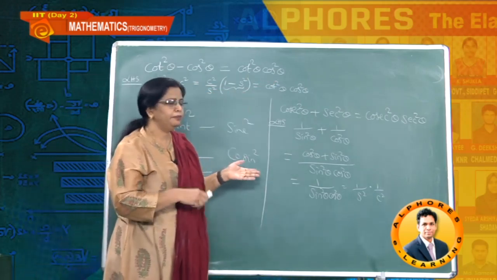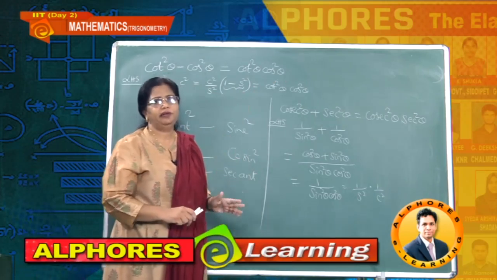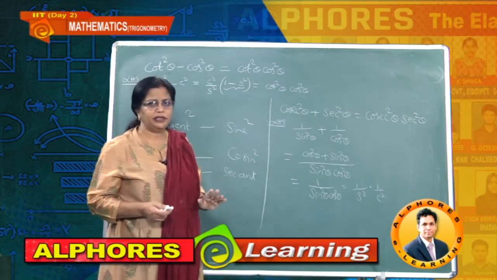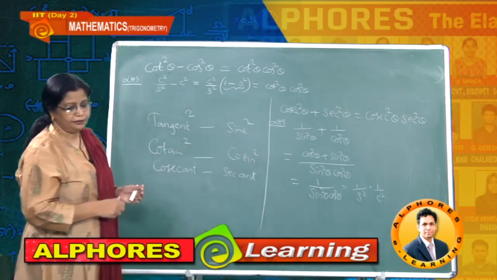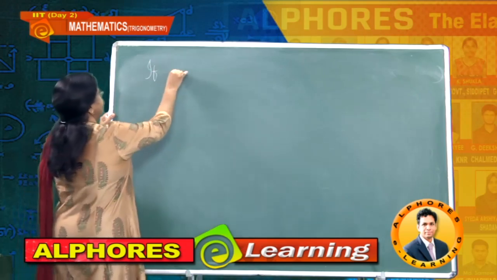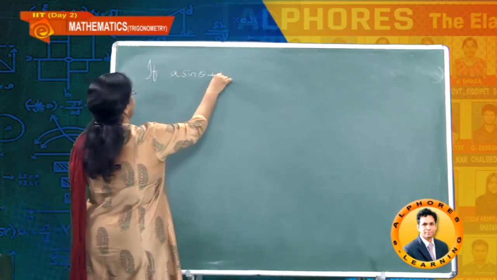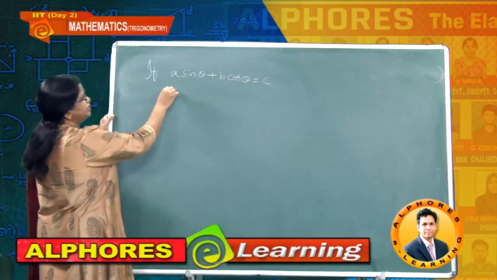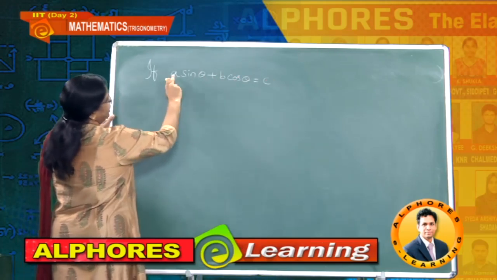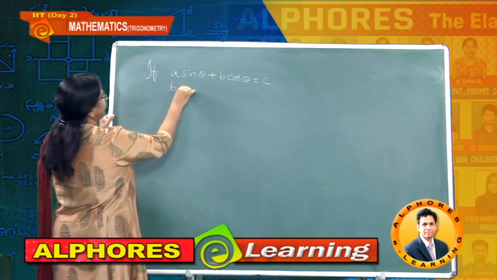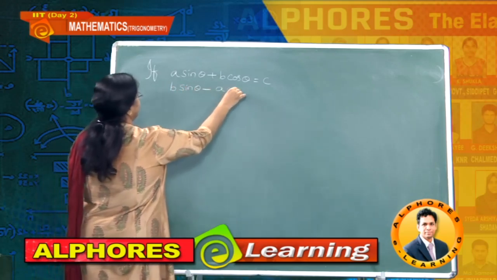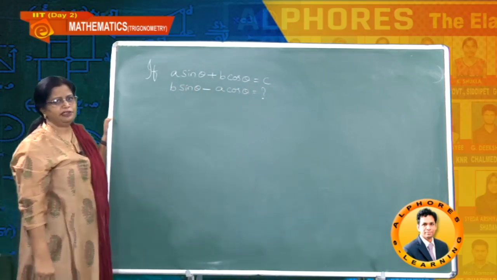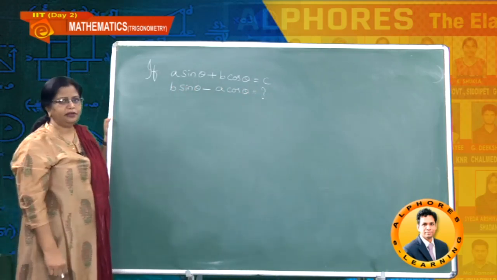That is why I have been telling you these formulae, whatever you are learning, not only confined to trigonometry but other chapters also. So let us take next one. If A sin theta plus B cos theta equal to C, then what is the value of, I am just taking reverse, that is B sin theta minus A cos theta, what is this value? Okay. So this also many times we require direct formula, you can derive now.